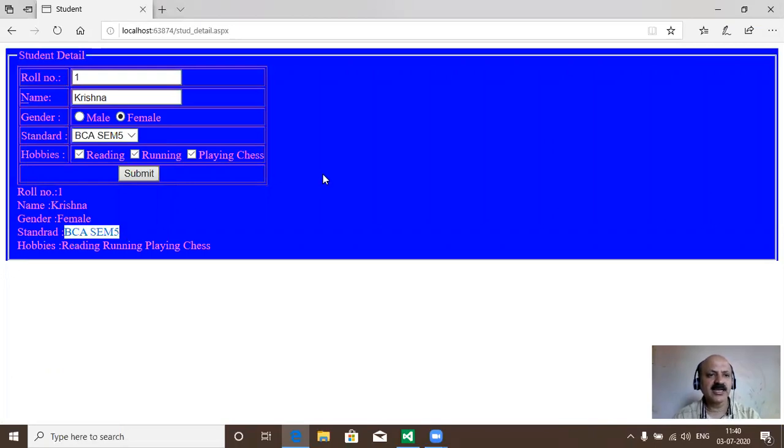So you can use the text and selected item dot toString. That is the end of my session. In my upcoming video lectures, we will also learn the advanced standard controls, rich controls, validation controls, state management in ASP.NET, ADO.NET connectivity, connected and disconnected, and tabular controls like grid view, repeater, form view, detail view, list view.